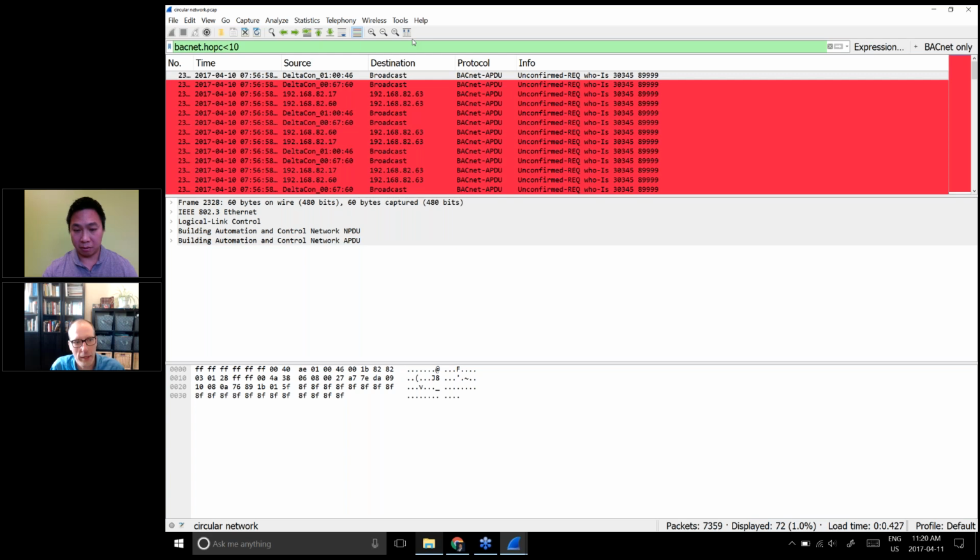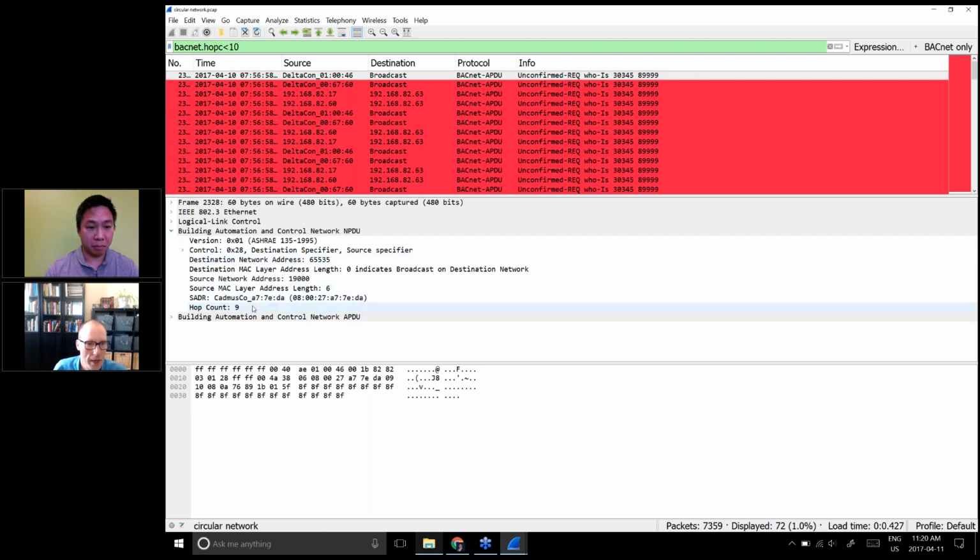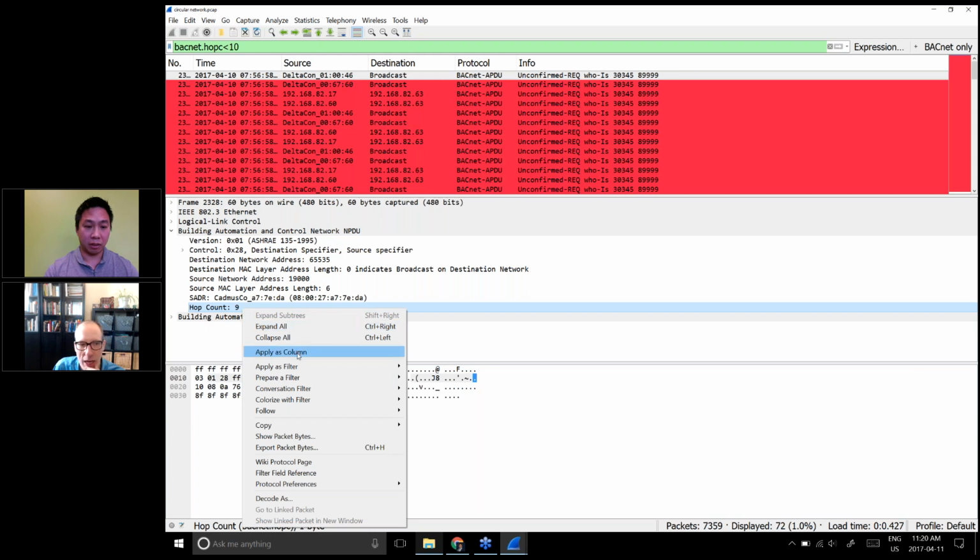What this filter is doing is, BACnet broadcast packets have a quantity in them. Can you open up that NPDU? They have a quantity in them called hop count. This is similar to IP's time to live, TTL. Basically it's a number that starts out at 255 when the packet is transmitted. Each time it goes through a BACnet router, the number is decremented by 1. So that number drops and drops and drops. And if the value ever gets to 0,